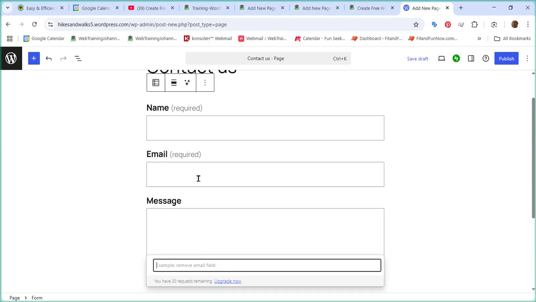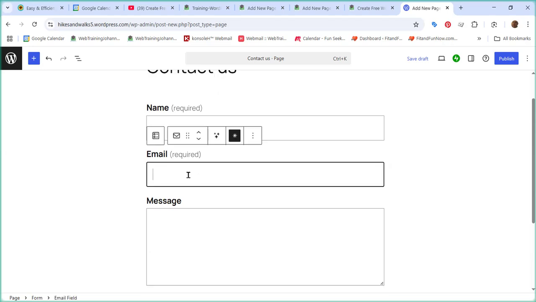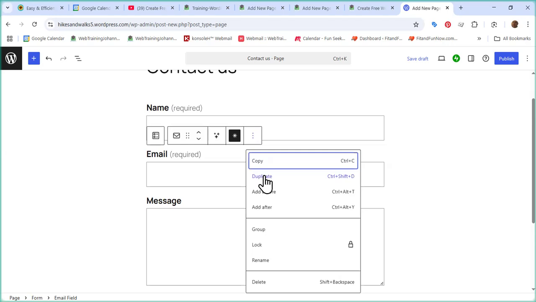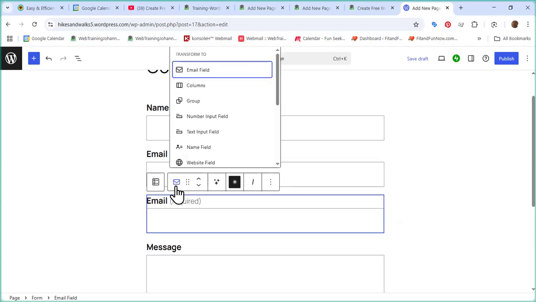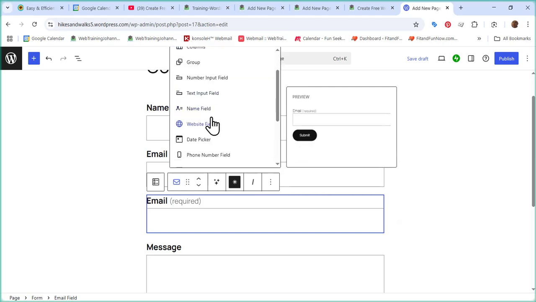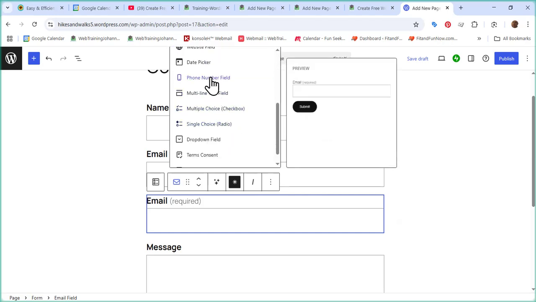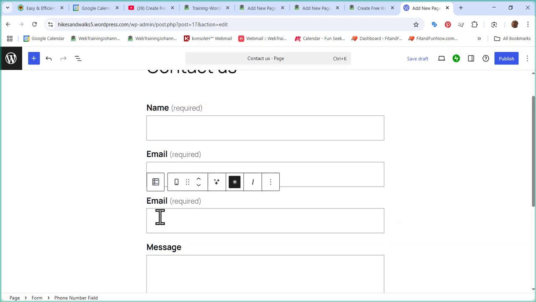So how to do that? There are a number of options. The one I'm going to choose is very easy. I just click the email, go to the three dots and duplicate. And then I click the email field, and you change this to phone number field. Right, so now you can see it changed to the phone number field over there. And here I just have to update. So phone number,